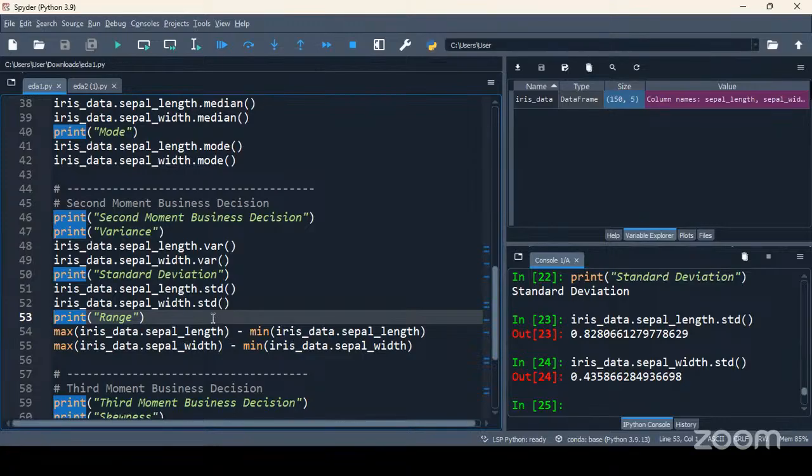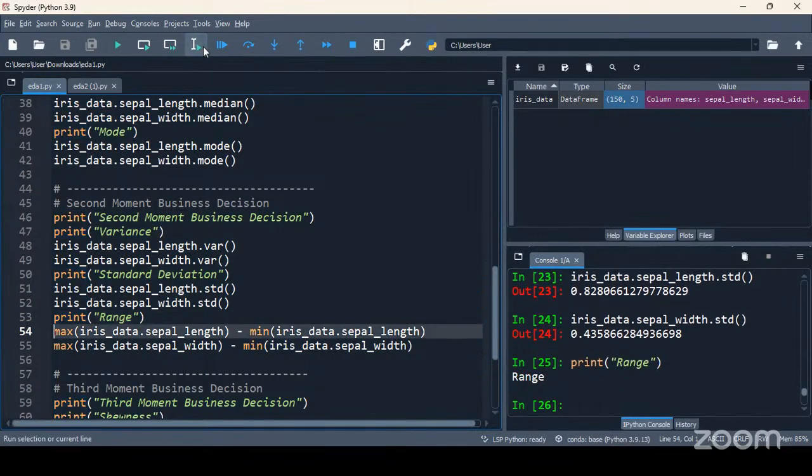And finally, I'm going to calculate the range of the columns one by one. But the range function that we have understood as part of data types cannot be used, guys. That is different. Here my requirement is to get the range of the column. What is the formula for range? Maximum value minus minimum value.